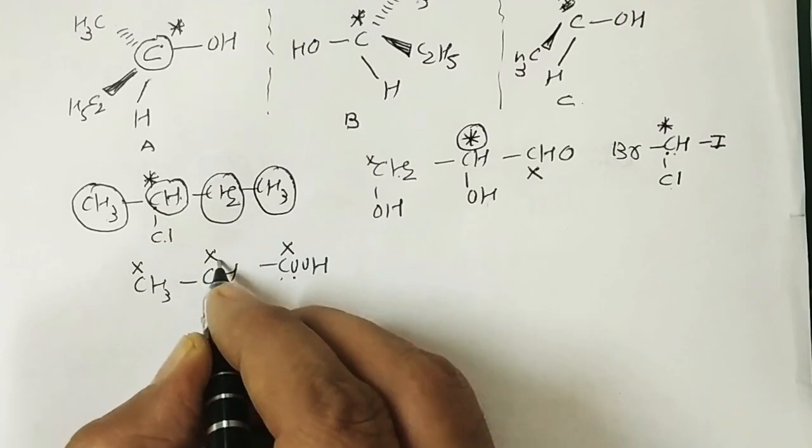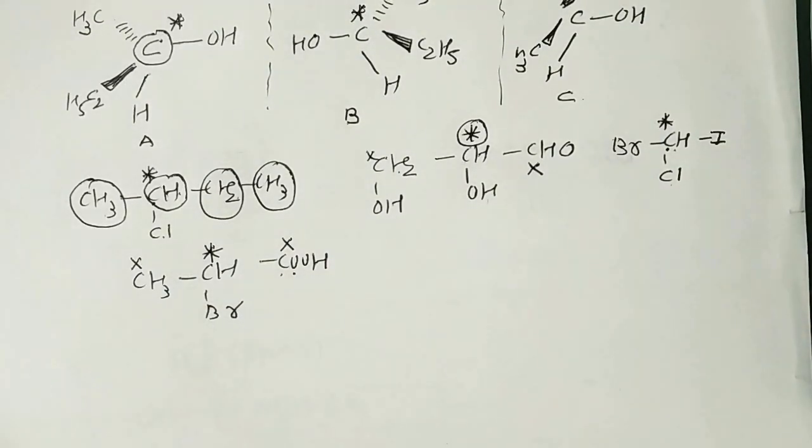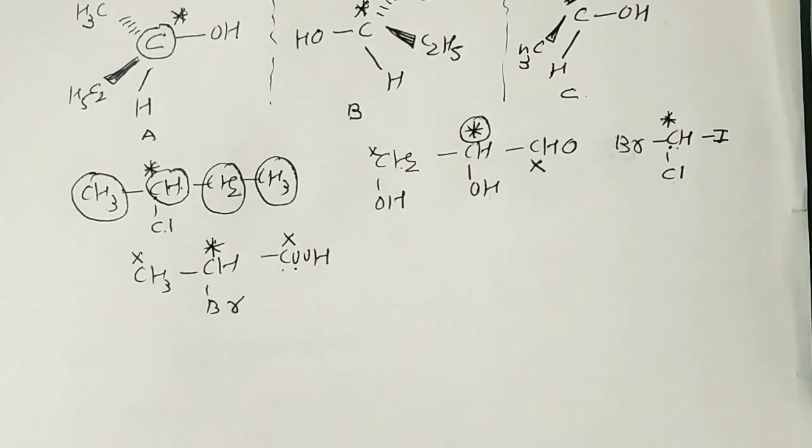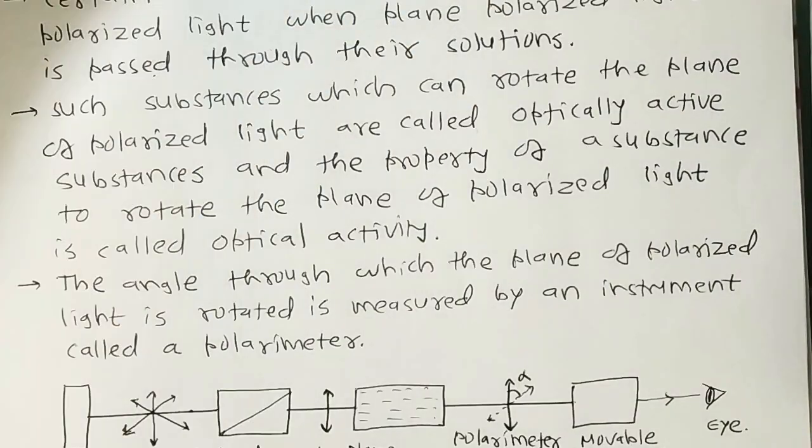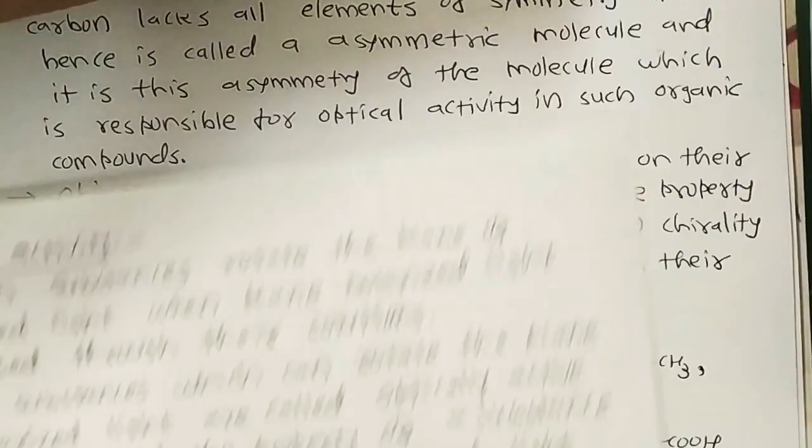Okay, this carbon is chiral in nature? Definitely. This central carbon is chiral in nature because methyl, COOH, Br and H, all 4 groups are different. So they are called a chiral carbon. So this is all about the molecular asymmetry, right? So after the molecular asymmetry, we have to focus on